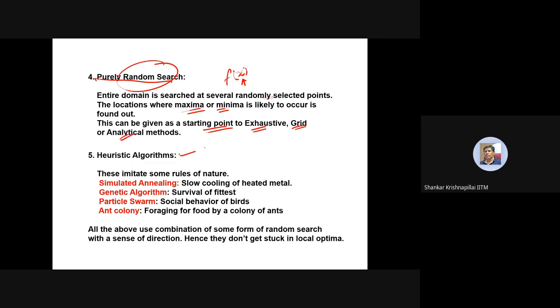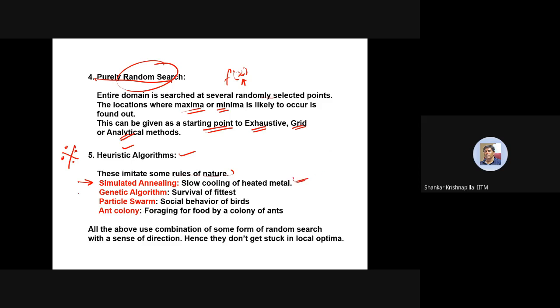Then heuristic algorithms, these are highly important. Nowadays, everybody uses these heuristic algorithms. All these heuristic algorithms imitate some rules of nature. Heuristic means rule of thumb or approximate method. Simulated annealing was an old optimization algorithm which emerged in the 1980s. It was the first of the heuristic algorithms, and it simulates the slow cooling of